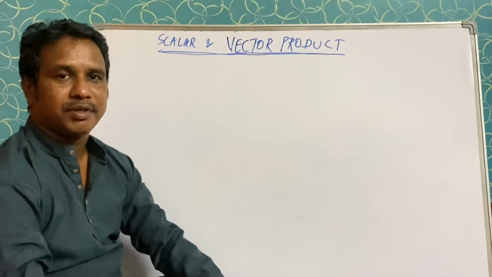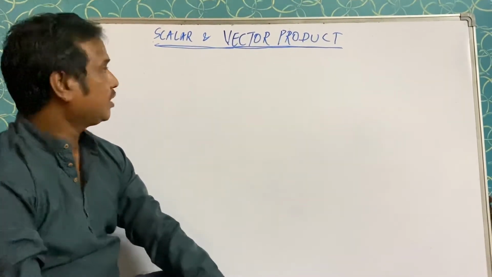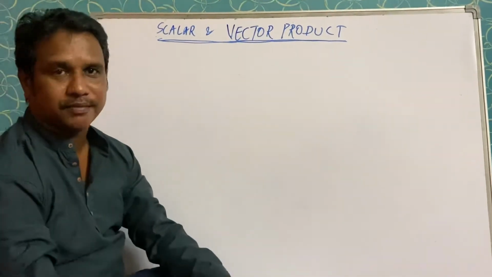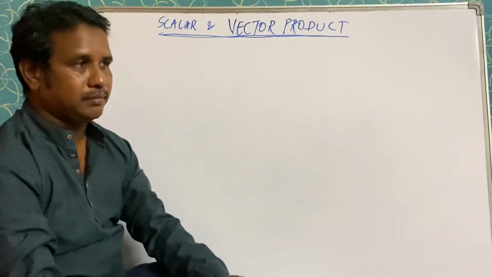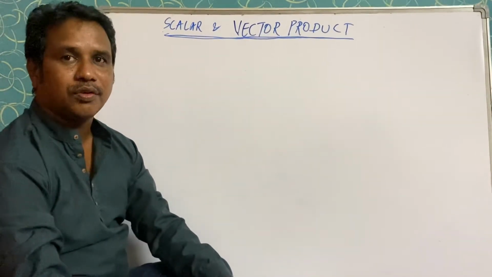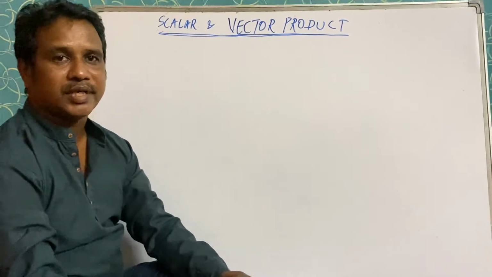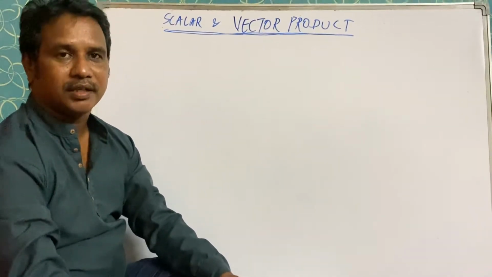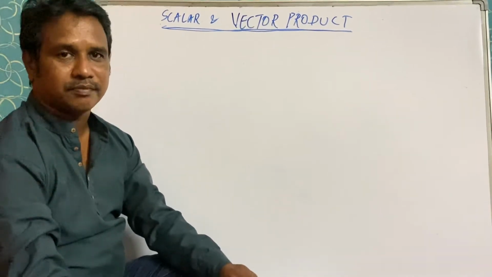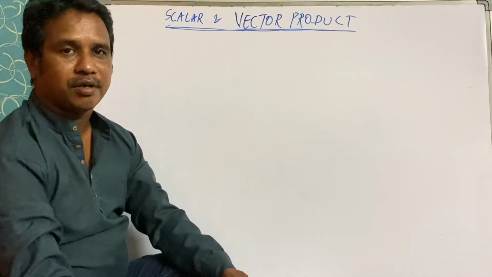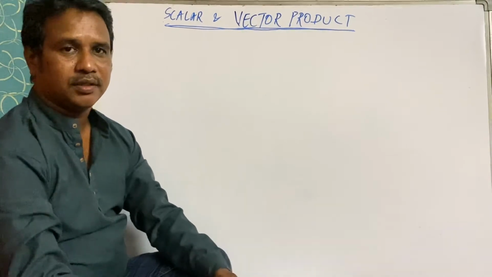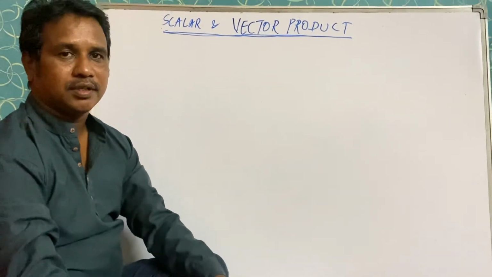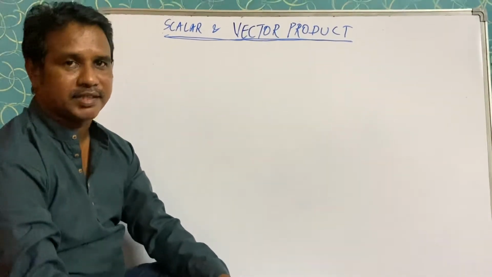Already we covered some of the important topics. We will see today scalar and vector product. Already we completed how to add a vector, how to subtract a vector. Diagrammatically we have seen how to write a vector in its components also. Today we will see a very important topic, a very useful topic, for all the exams from board to IIT JEE mains.